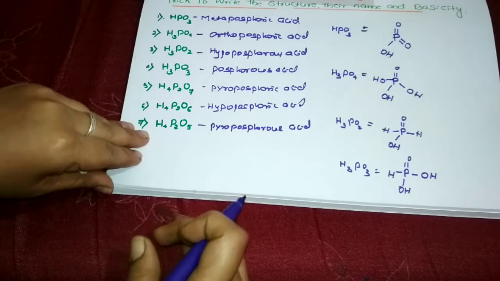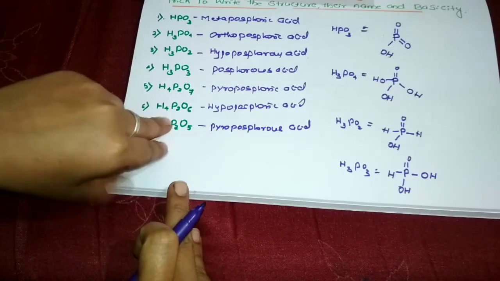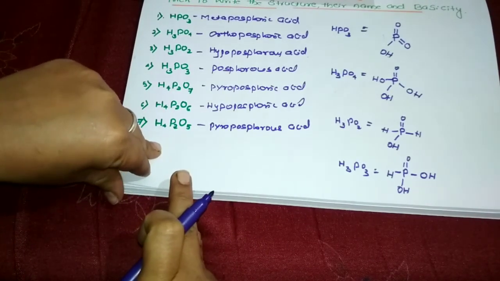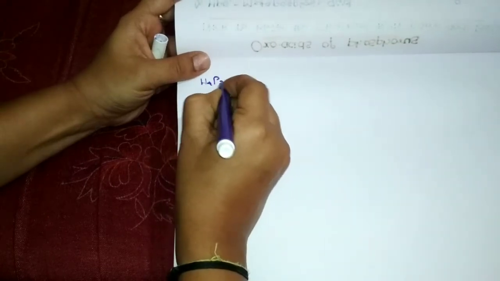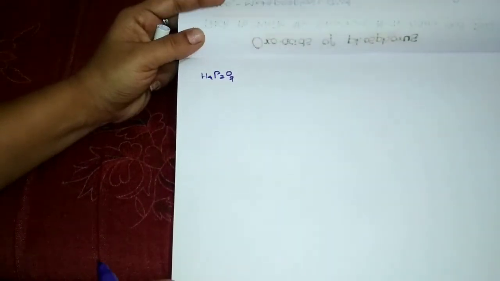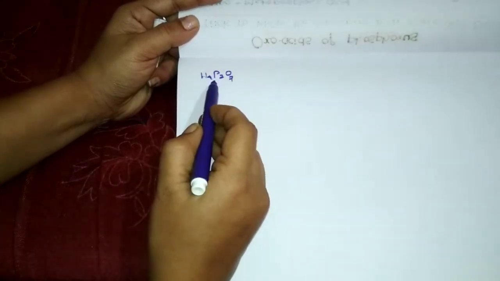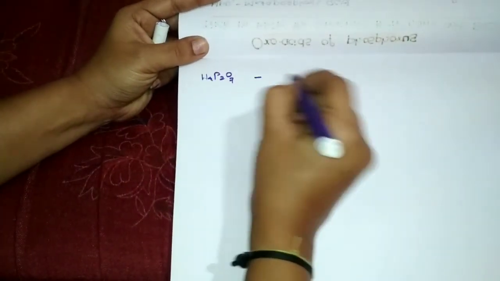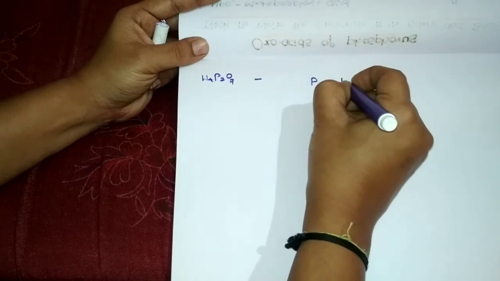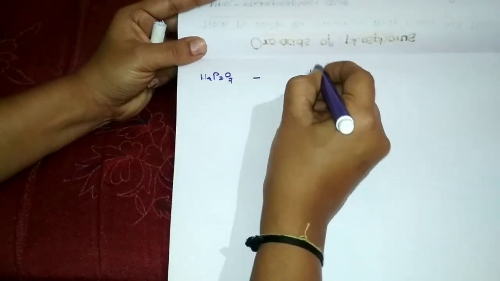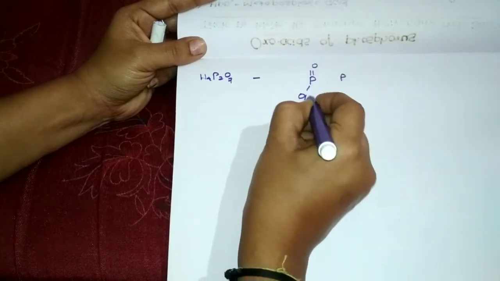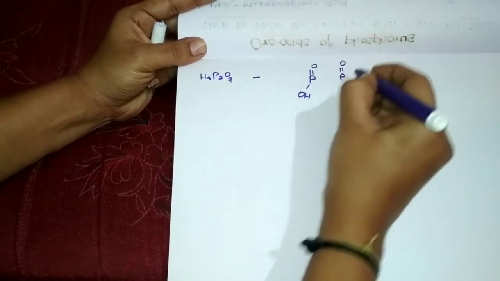Now, when we get a complete structure like this, you have to practice, dear students. Let us go with the first one, that is H4P2O7, which is known as pyrophosphoric acid. I'm going to write it here. One difference you have to note is that we have 2 phosphorus. So write the 2 phosphorus first, P and P. The condition is the same for each phosphorus: you have to satisfy double bond O and one OH bond.